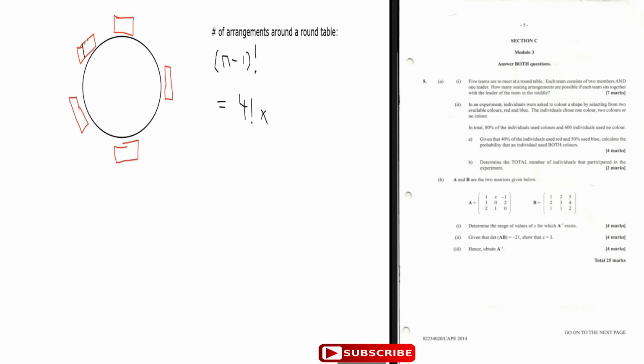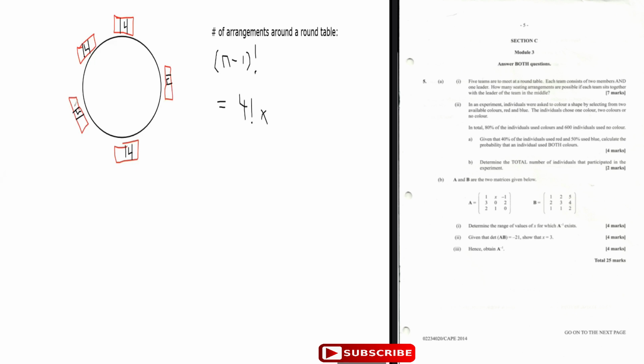The leader sits in the middle. Well, he doesn't have to, but he wants to. So the leader of each team sits in the middle, the leader here and the leader here. So what that means is that on the edges,